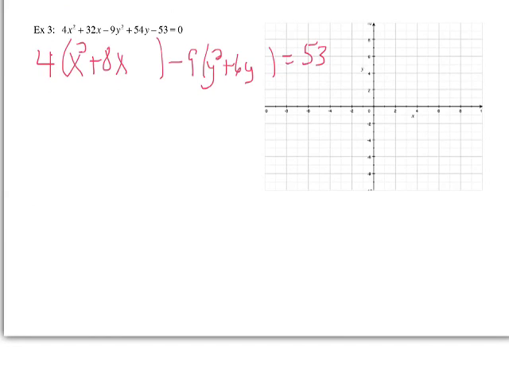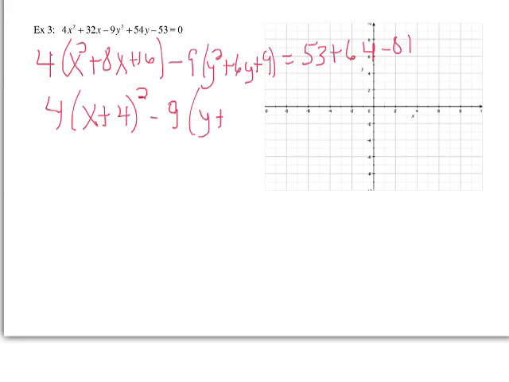So then I would add 16, but it's not really 16, it's 64. And then here I would add 9, but it's not really 9, I'm subtracting 81. So now I get 4 times (x plus 4) squared minus 9 times (y plus 3) squared equals